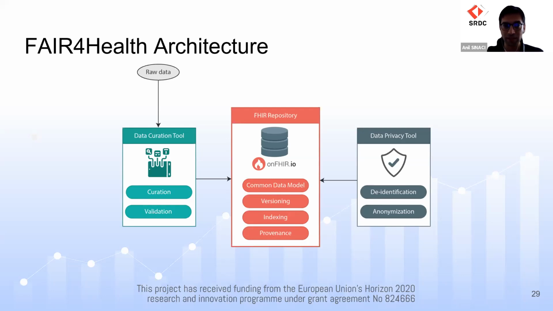can read your raw data, as my colleague Mert will present, from files or databases and map these data to the FHIR resources, and the conversion is then automatically performed behind the scenes. And the Data Privacy Tool just works on a FHIR repository and reads your resources, applies your de-identification and anonymization configuration, and writes the secured resources back into your FHIR repository. Next slide, please.